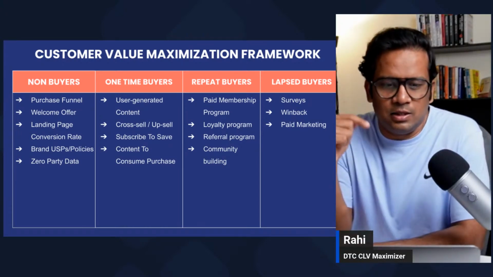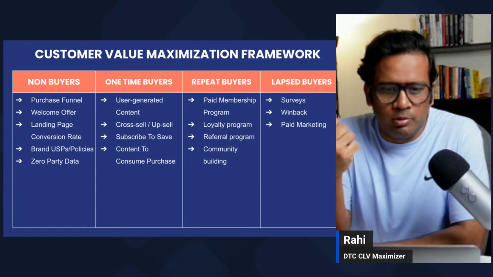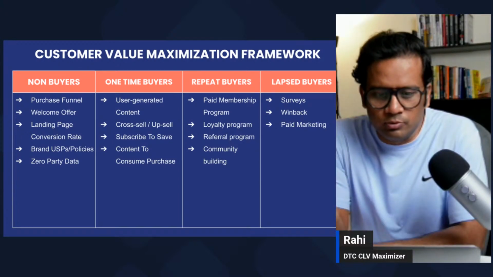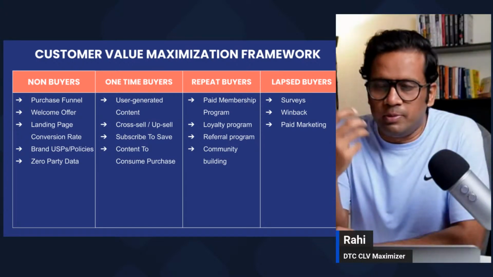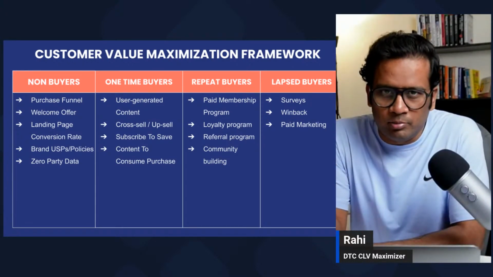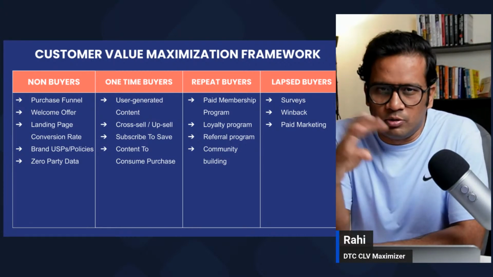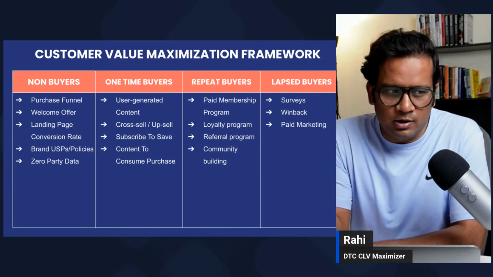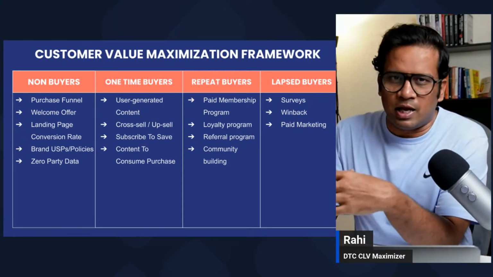So the idea is how we solve this non-buyer to buyer problem, how we solve this one-time buyer to repeat buyer problem, how we solve the repeat buyer to recurring buyer problem, and last is how we solve the lapsed buyer problem. So that's the four solutions, and all the features, like all the tech or any shiny objects or everything